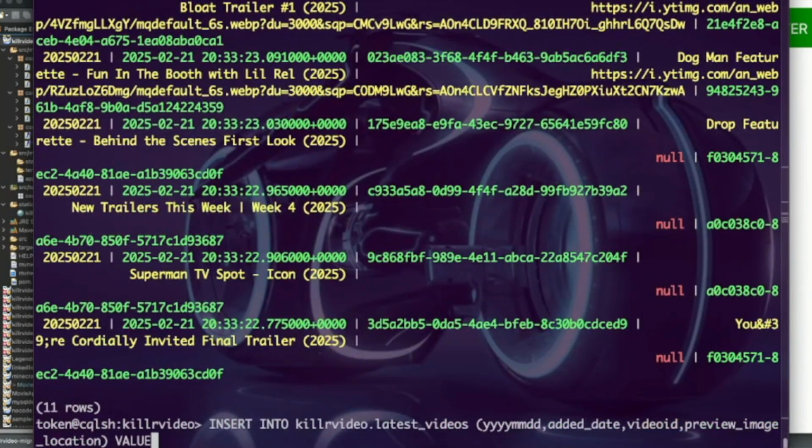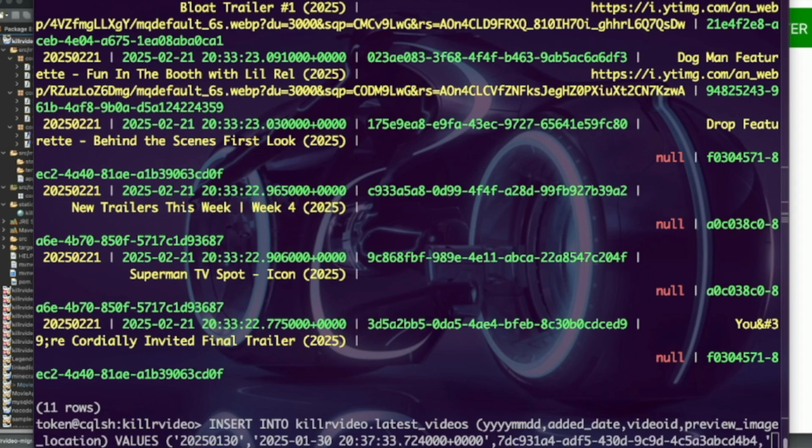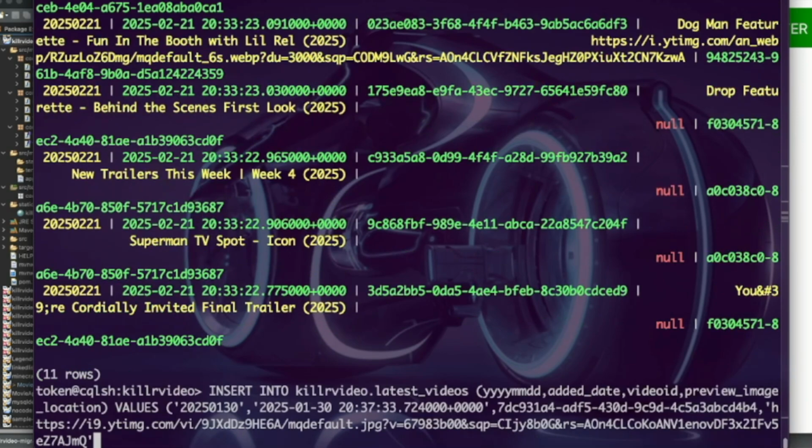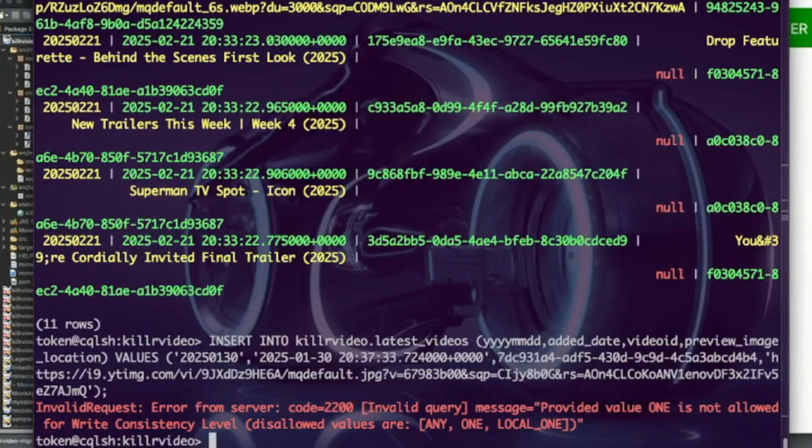Then you can say values, and let's do tick mark and paste that in. Real quick, we're going to update this to match our insert statement. Oh, need a tick mark there. And then tick, comma, tick, on the end. And then tick, and I have our complete new URL that we can point that to. Let's update that.